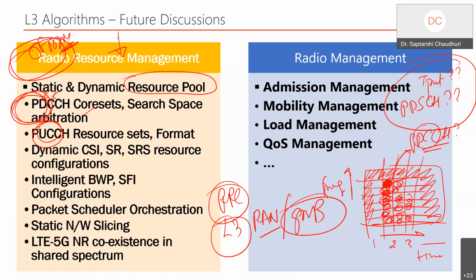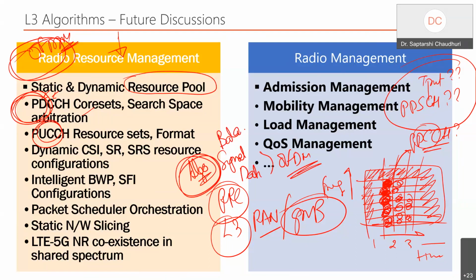If I block less, then if more users come into the system, there will be a crunch of the signaling radio resources. These are all my signaling radio resources. Then the algorithm starts coming in. So this algorithm fixes what is the signaling and what is the data, and the resources of OFDM have to be balanced. Now, how to balance?